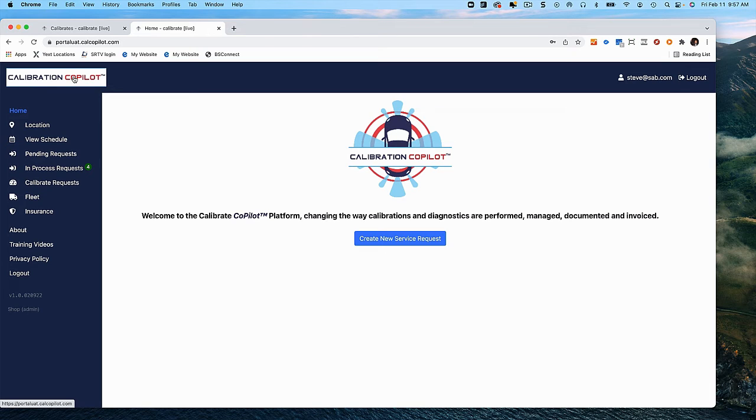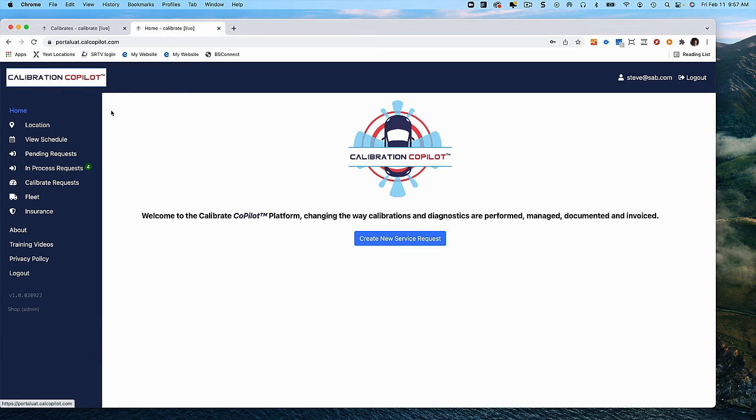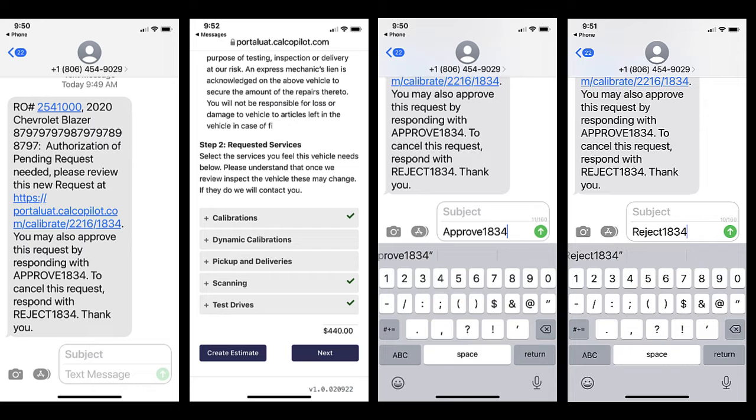And again, we strongly recommend that you use text messaging because it will ensure that the authorization will happen quickly. With email, the message may go to the junk folder, or your customer may not read his or her emails in a timely fashion. So again, step one, they're going to receive a pending request in their Calibration CoPilot portal,